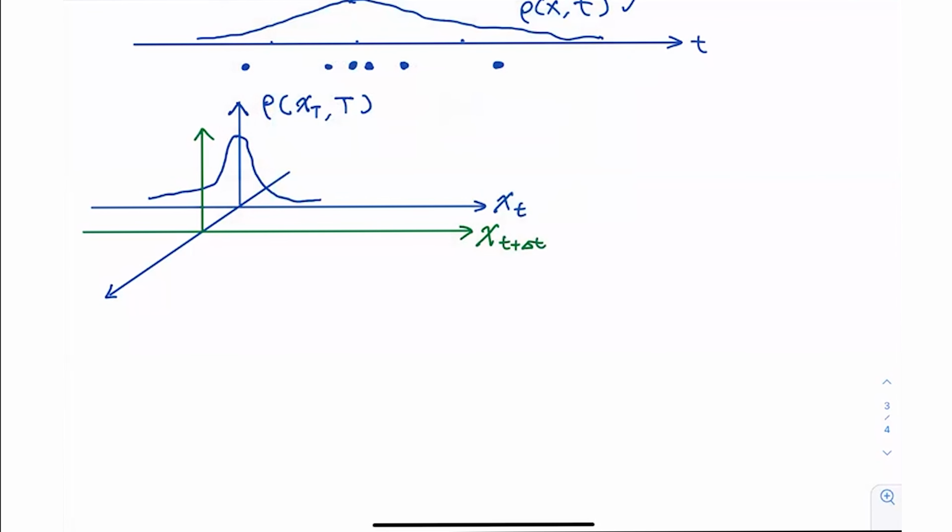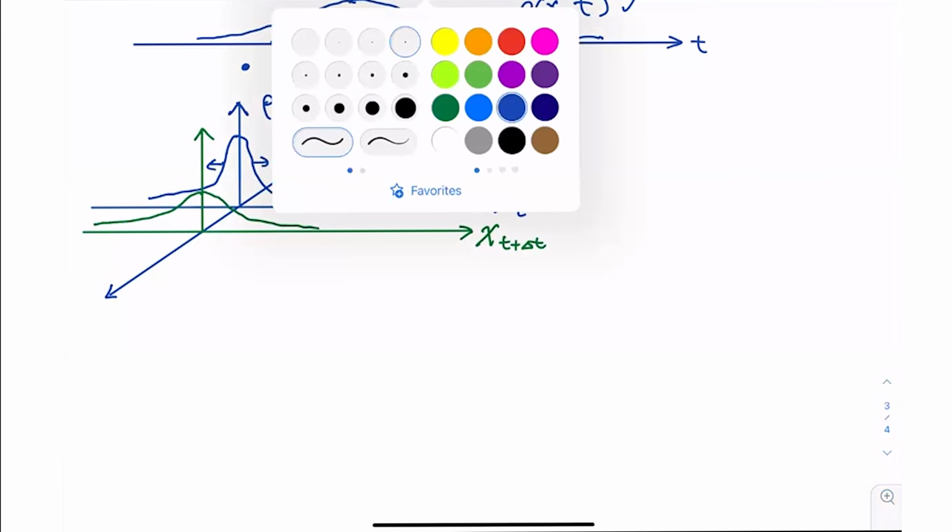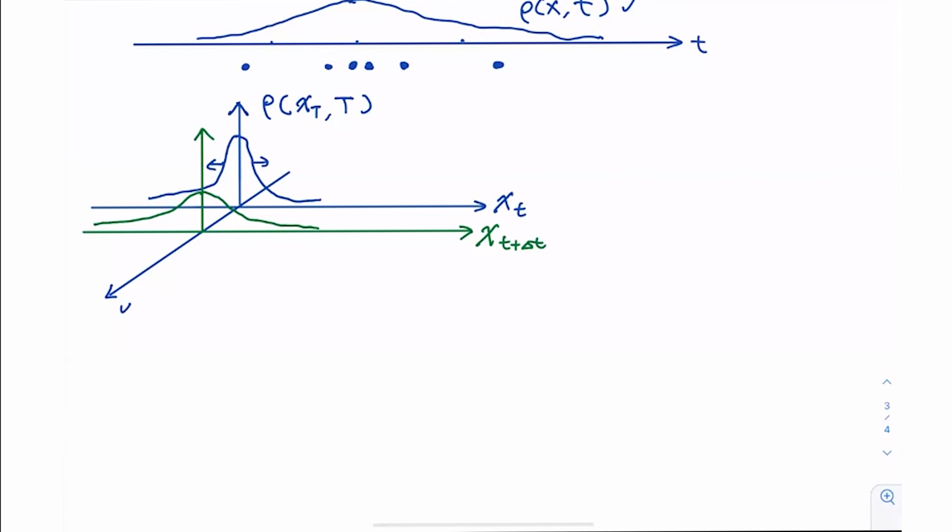Then maybe the distribution function will change as it diffuses, in the sense that some of the weight at the center will be redistributed to other places. And this coordinate down here is the time. So you can think of it like, at the initial time, described by this blue coordinate, you have some kind of profile, and after some time you get this green profile,